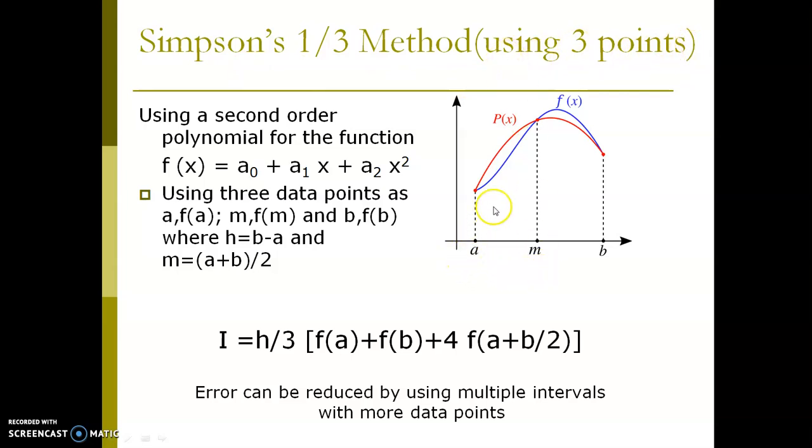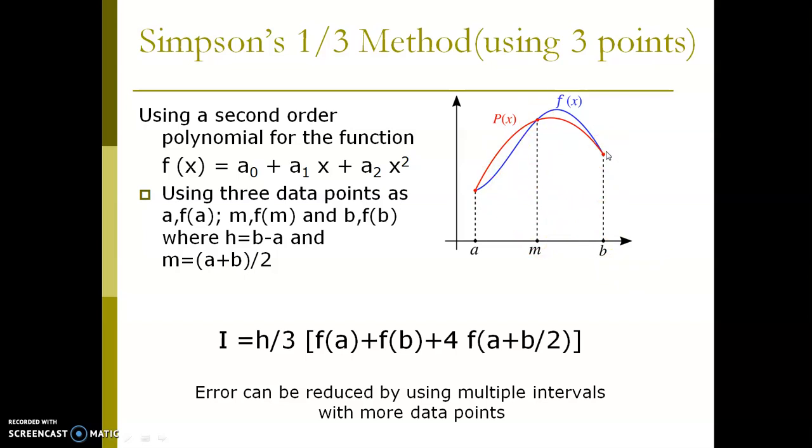Now, out of 3 points, if we assume that A is the starting point of the interval and B is the end of the interval, we are trying to obtain a third point, which is obviously the midpoint of the A and B interval. Now we have 3 points available, and so we can obtain the function value at point A, the function value at the midpoint, and the function value at the end of the interval. So now we have 3 data points, A and f of A, M and f of M, and B and